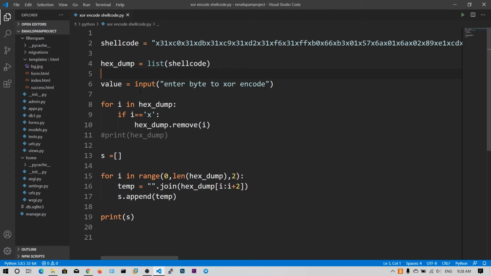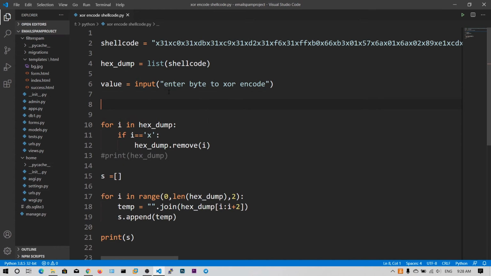In the same way, we need to enter a value that is not in this shellcode already, because if there is, say, C0, then if you XOR C0 with C0, you will get a null byte. The resultant shellcode will have the null byte at this place, and the string application parses this and will just ignore all the content after that null byte. So that's why we need to check whether the value is in the shellcode or not.